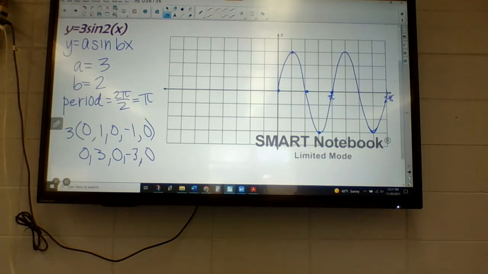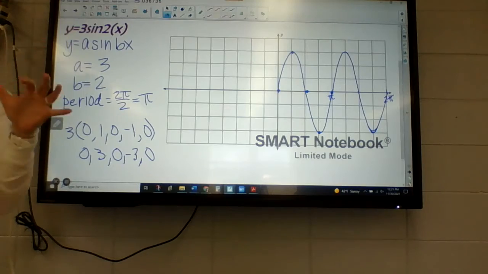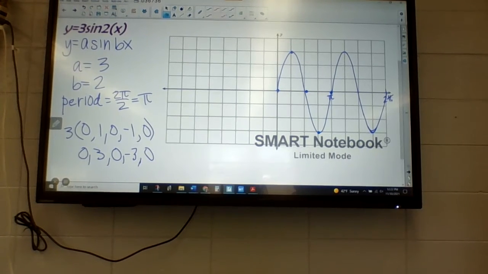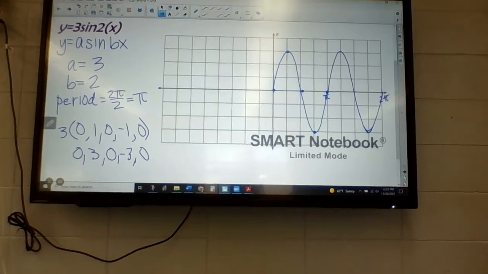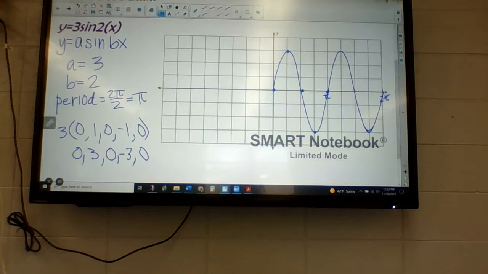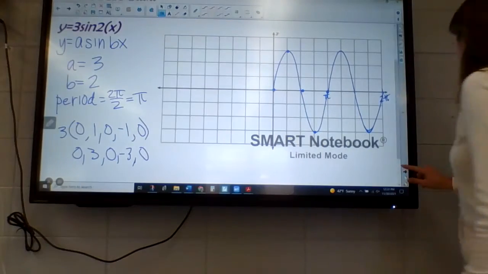So what we're going to do today is take that graph and move it left, right, up, and down depending on some different things we change about the equation. Just so you know, if you Google this or look up practice problems like this, you can do it in radians or degrees. We're going to stick with radians, although that sounds worse. Actually, I think it makes it a little bit easier just because that's what we've already been graphing in. So I'm going to move it pi to the left or something, and that means we'll move it down. So we'll talk about